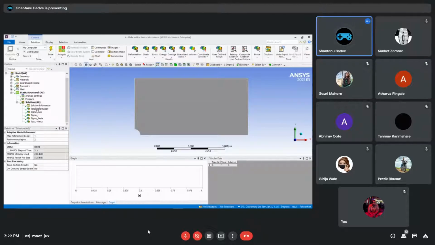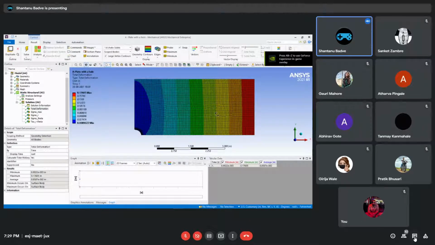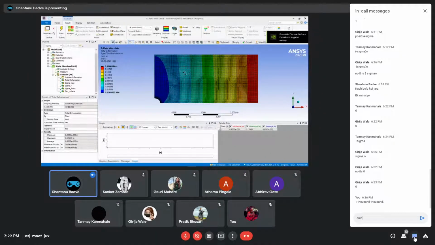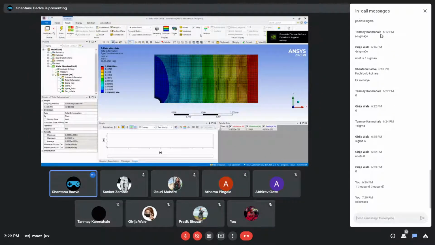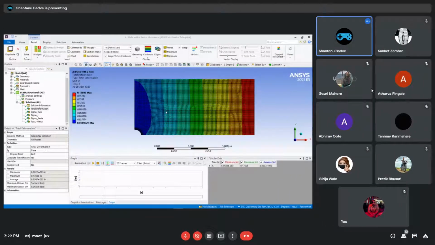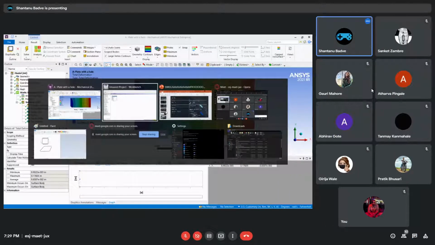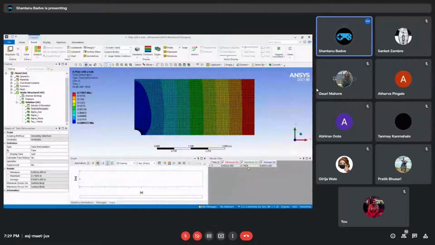We'll first look at the total deformation. Now, as I said, we get some colorful pictures. We have a colorful picture in here, and each one of these colors is defining the various deformations that are happening, because we are looking at the deformation right now.